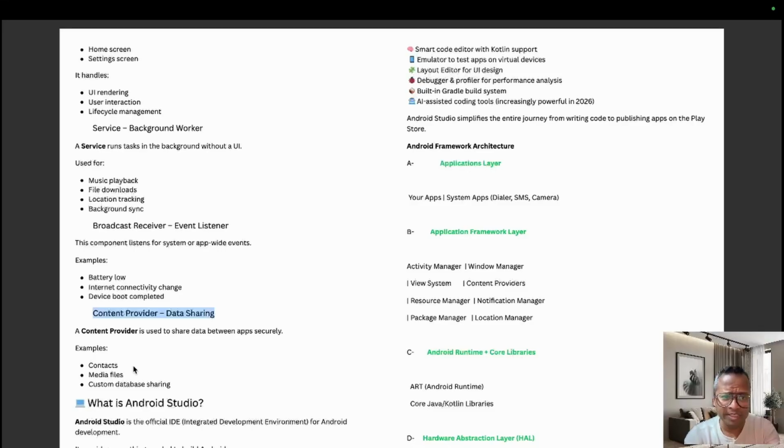What are the examples? I have just explained contacts, media files, and custom database sharing. Custom database sharing is a user-defined content provider that we can learn in the later part, but in this video we are just understanding the core components and the basics of Android. Okay, so next, how we can